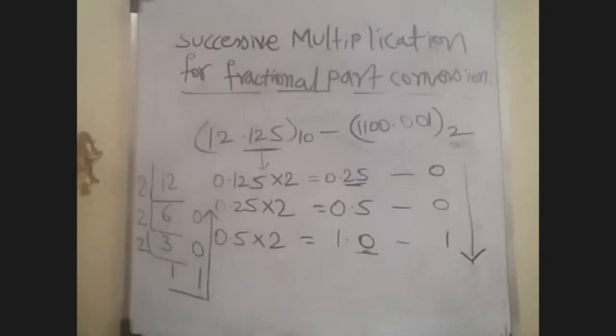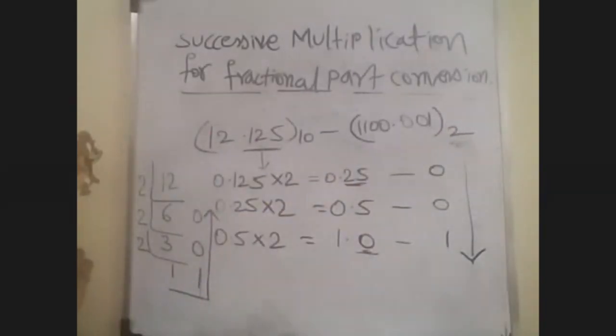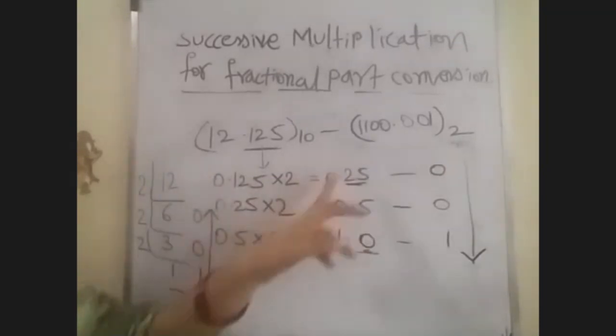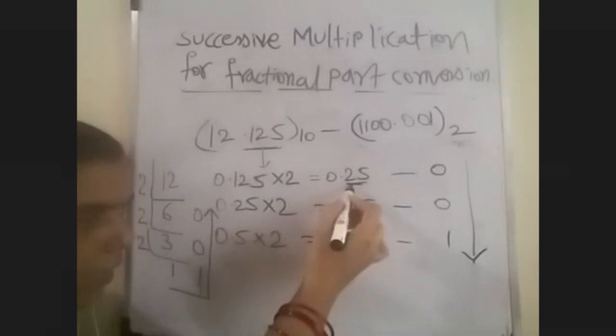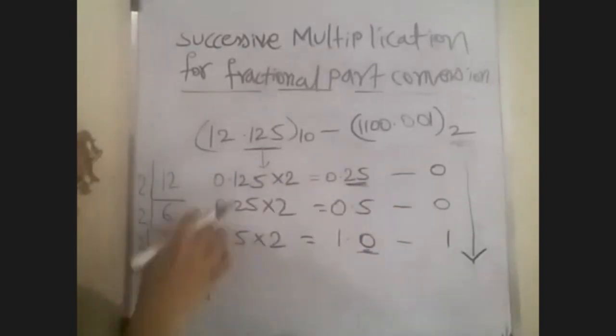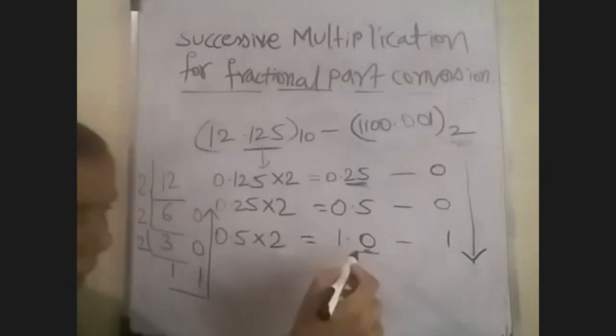So first, the first step is to multiply the fractional part of the decimal number by the desired radix, that is base 2. Next, record the integer part of the product as the carry. Again you will get a new fractional part, which is multiplied by the radix. The third step is that the first and second steps are repeated until the fractional part becomes 0